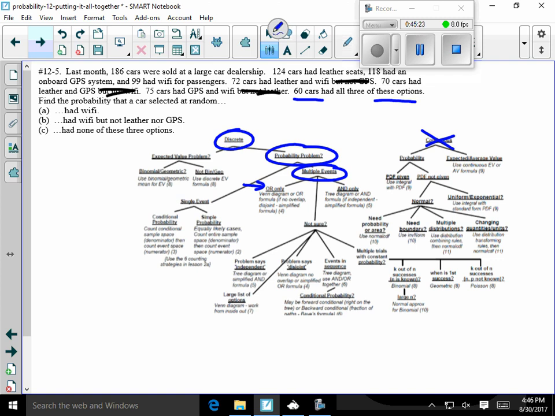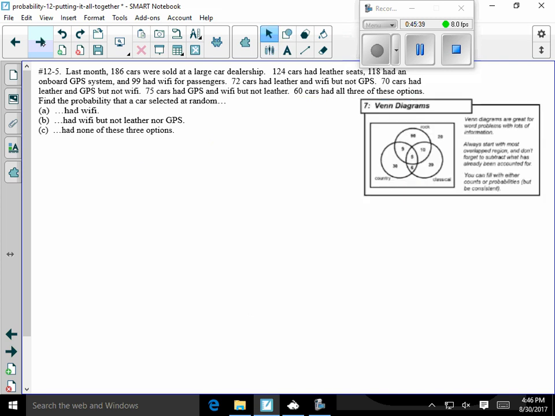So let's just try, from experience, I think what's going to work best here is a Venn diagram, because we have cars that can have GPS or they can have Wi-Fi or they can have another. So I think we'll try this with a Venn diagram. And again, I'm modifying this problem a little bit just to make sure that the numbers work out. Okay, so a reminder about Venn diagrams. We cover that in lesson 7. Venn diagrams are great for word problems that have a lot of information. We always want to make sure and start with the most overlap region and don't forget to subtract what's already